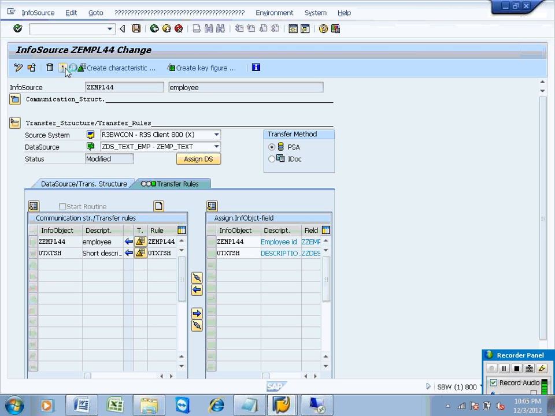Therefore, the trigger is the info package, and the extract structure extracts the data, and the data will be processed into the info object. Now activated from that.